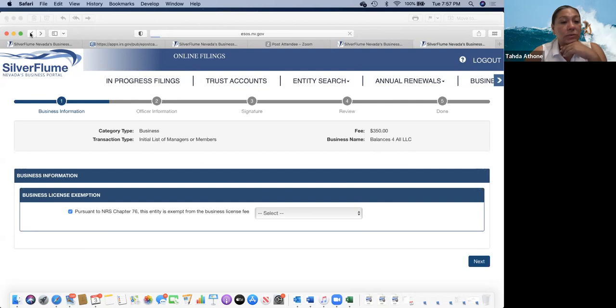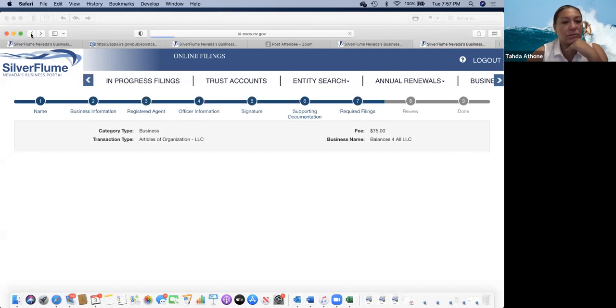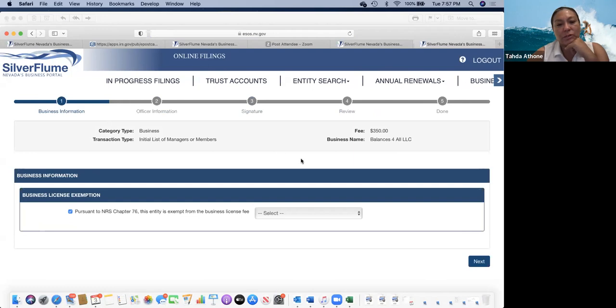But we're going to click back and see, because it kicked us over here where I said if we start that filing, see how we started and it gets into this next system. Oops, doesn't want to go back. Let's see if we can get, no, it keeps clicking us into that after step 6 because I changed the action over there. See that? I said we're going to start filing. So what it's saying is, hey, yeah, your filing fee may be $75, but we're going to charge you a